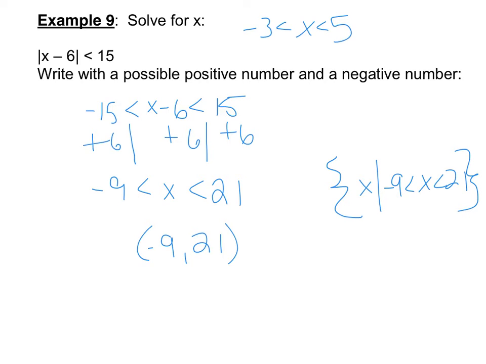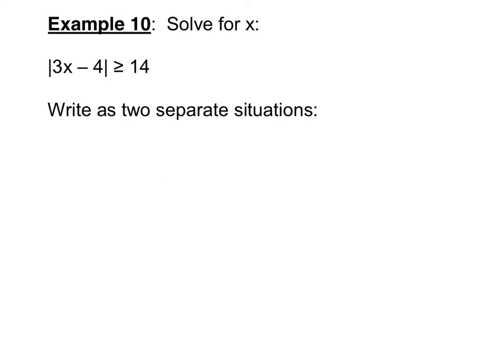Alright, let's take a look at a couple more examples of these. Okay, so see how here it's greater than? That means the or statement. So remember, less than equals and, greater than equals or. The or equal to doesn't matter. So double check. Is the absolute value by itself? Yes. So what we do,